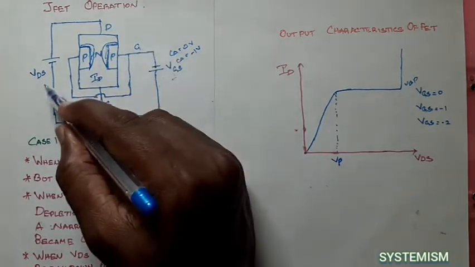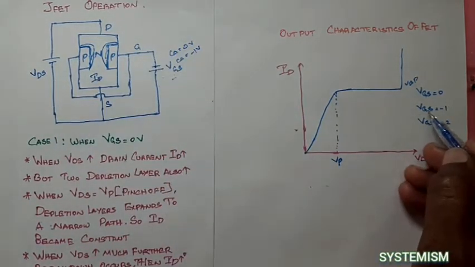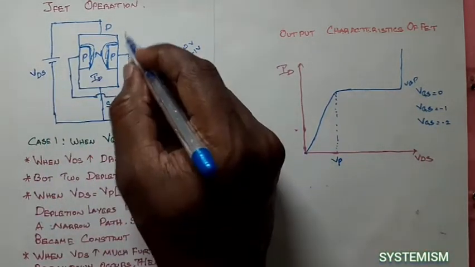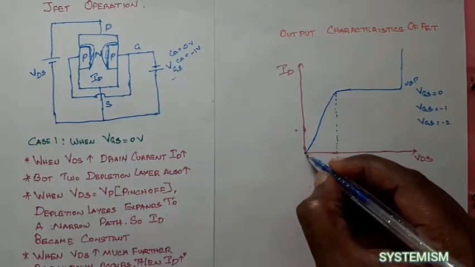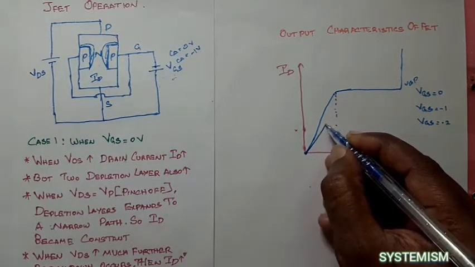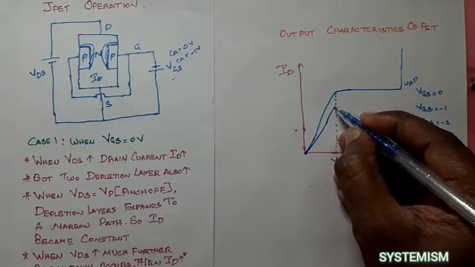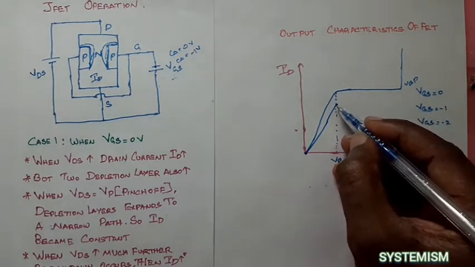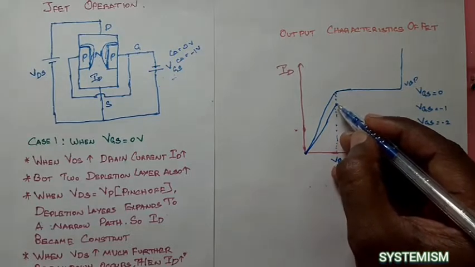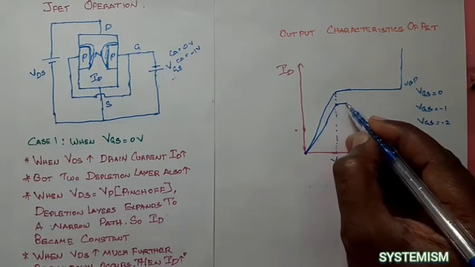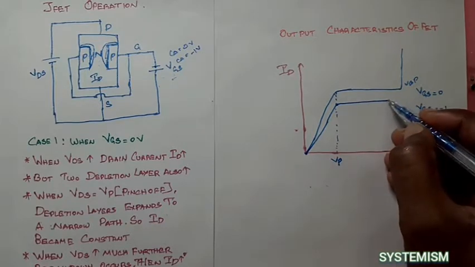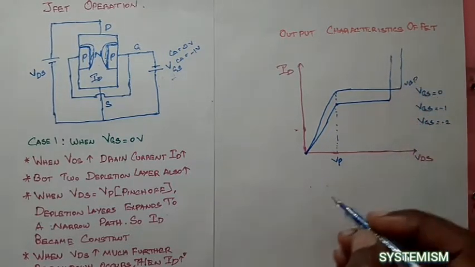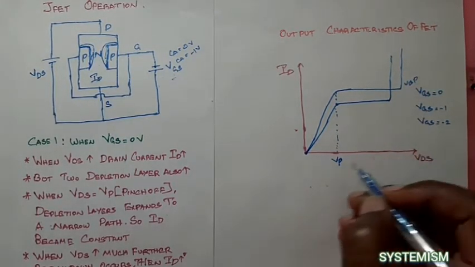After that, we start the experiment. Now this is our condition. We are going to increase VDS and check what happens to the drain current. Again, when VDS increases, ID also increases, but it stops at a lower value compared to case 1. In case 2, the current increased much less compared to case 1 and it becomes constant. After a particular voltage, if you increase VDS more and more, again the drain current increases drastically. So this is for VGS equal to minus 1.